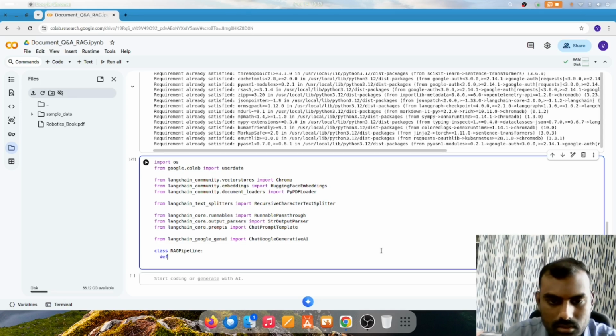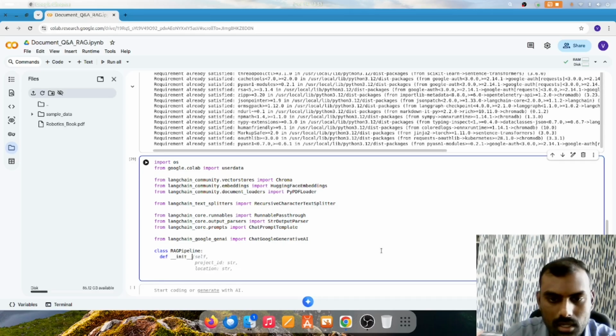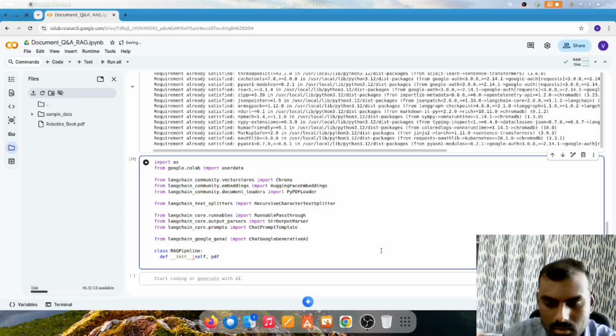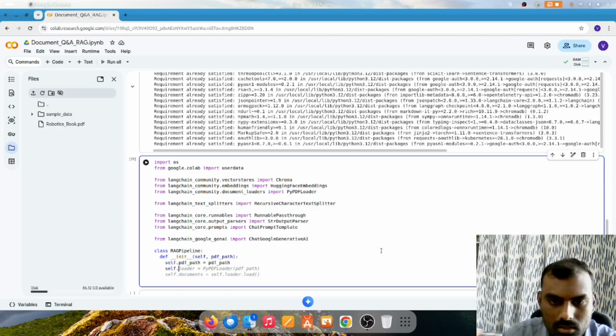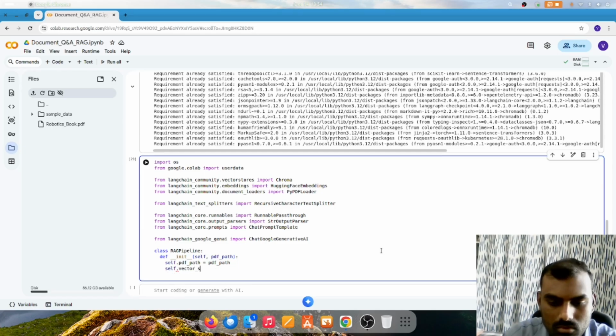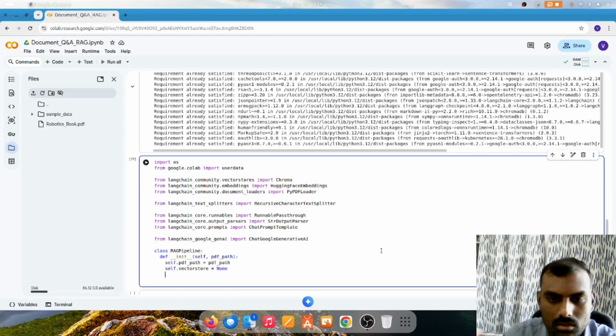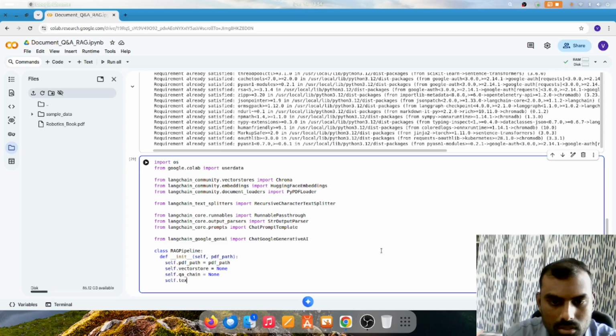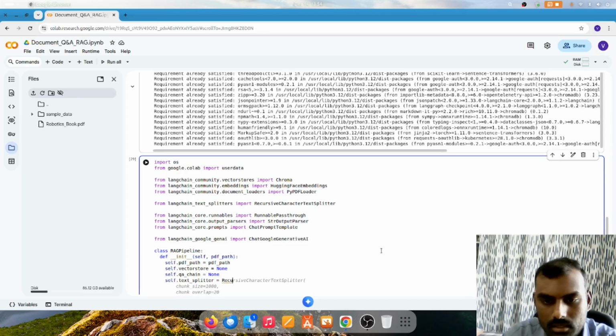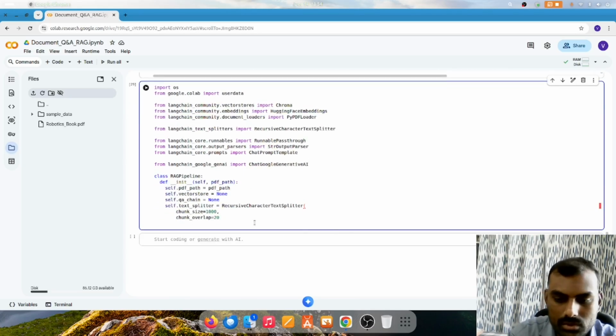Now define one class with init: init self, and we need the PDF path, and also self.vector_store equal to None, self.qa_chain, and self.text_splitter equals RecursiveCharacterTextSplitter, and let's use chunk size as 1000, chunk overlap as 200,